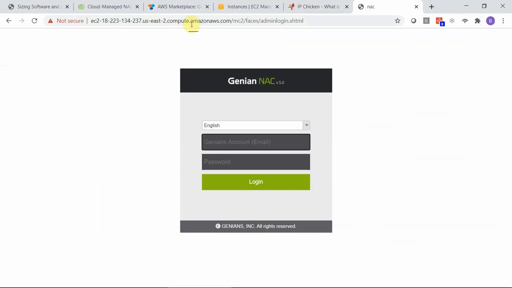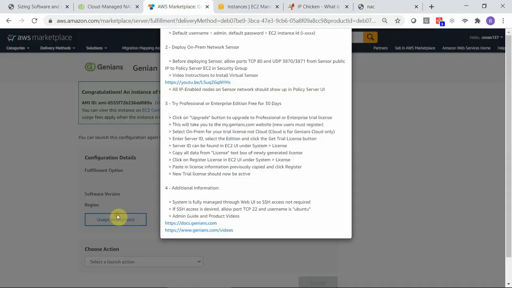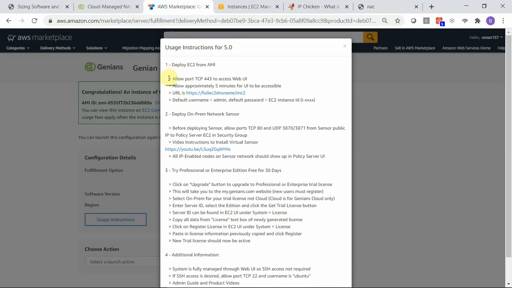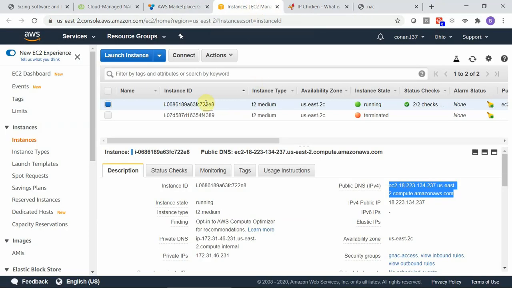Okay, and as you recall from our instructions, we've completed all these instructions here. We're about to log in, so we're going to use the actual EC2 instance ID as the password. So we can come in here, copy that,